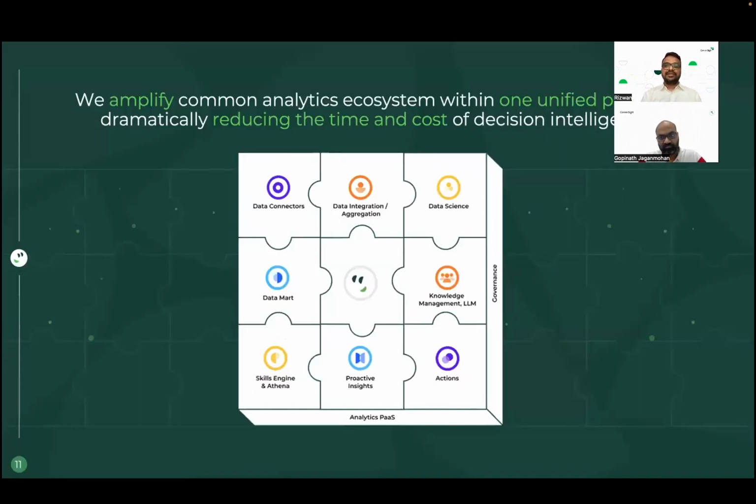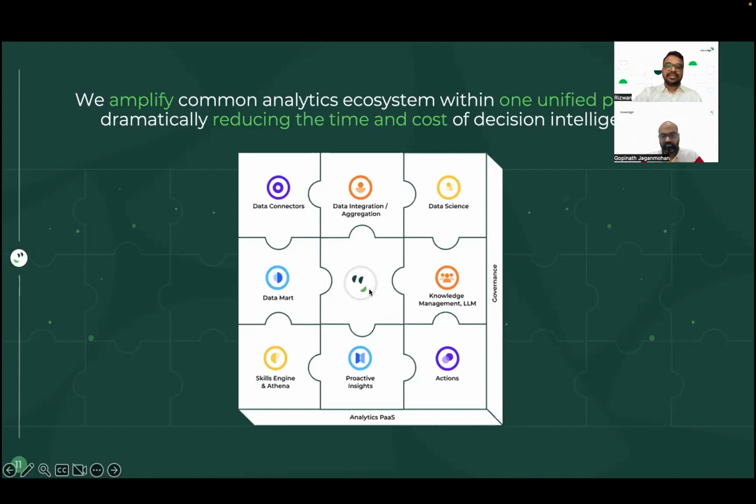To see behind the scenes, the entire puzzle, the entire architecture behind the ConverSight platform, we have brought all the puzzles together, from the data connectors to the data integration layer to the aggregation layer, and then the data science layer, depending on whether you want to run huge models and algorithms behind the scenes. With our Python SDKs in the data science layer, you can start running all those.